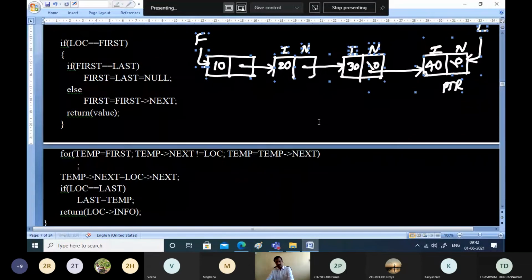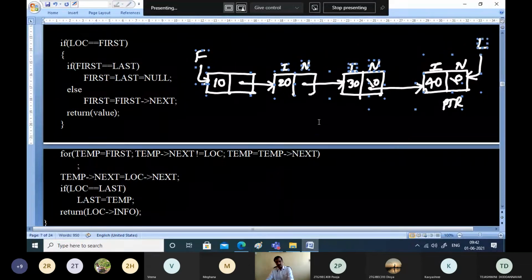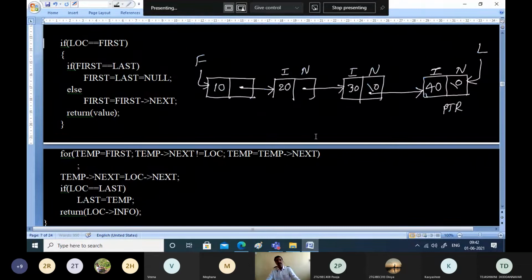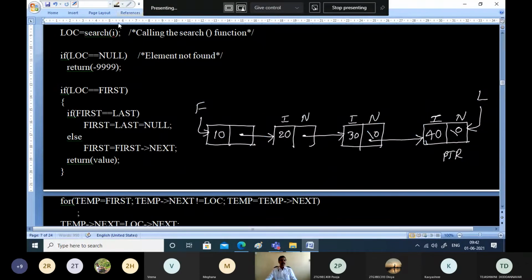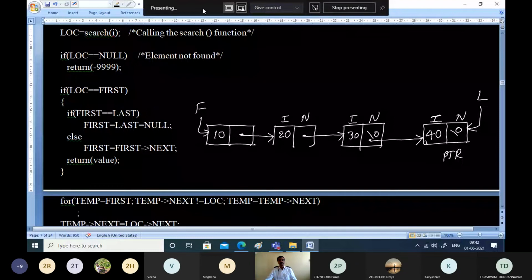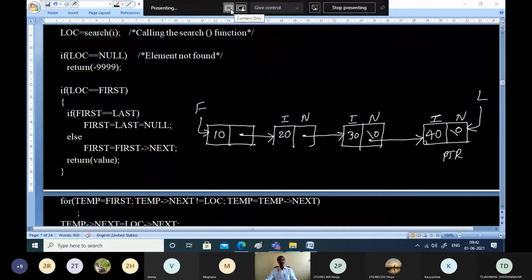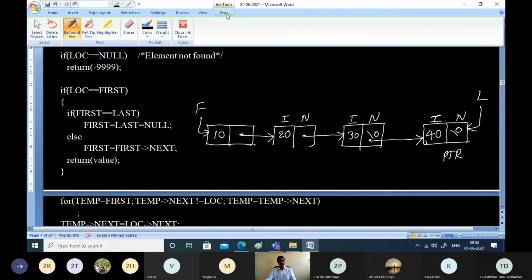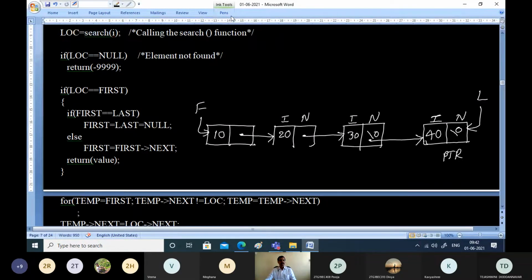So by considering the same set of aspects, now we'll try to delete an element from the linked list. Okay, so assume these were the existing nodes.